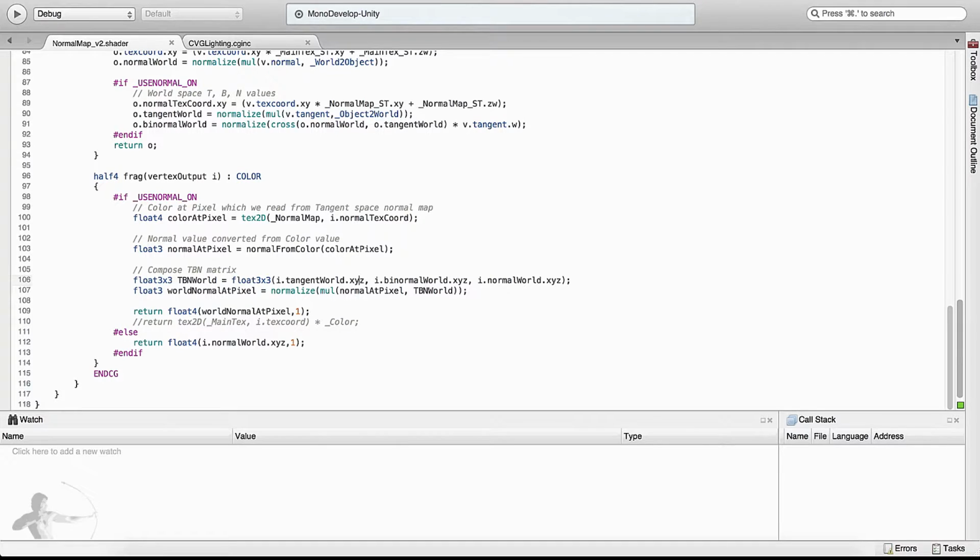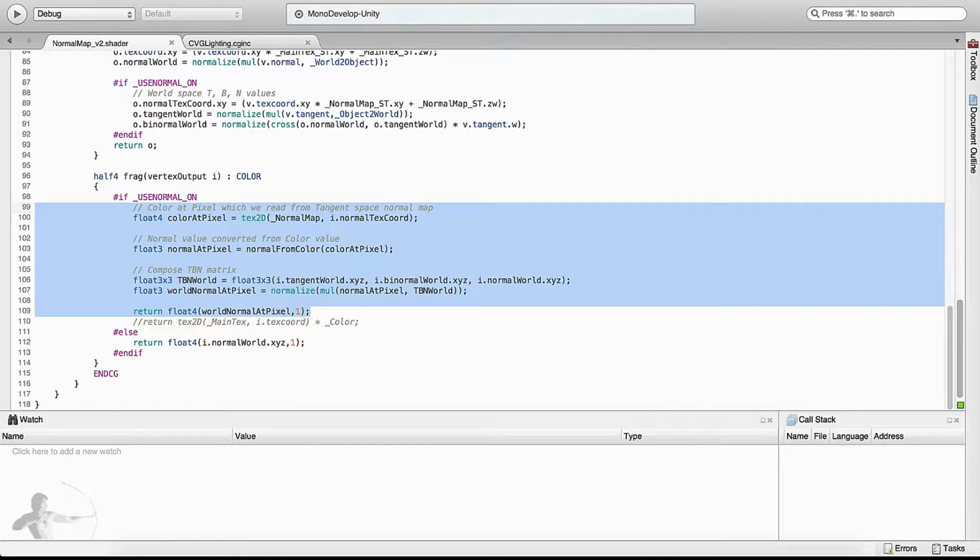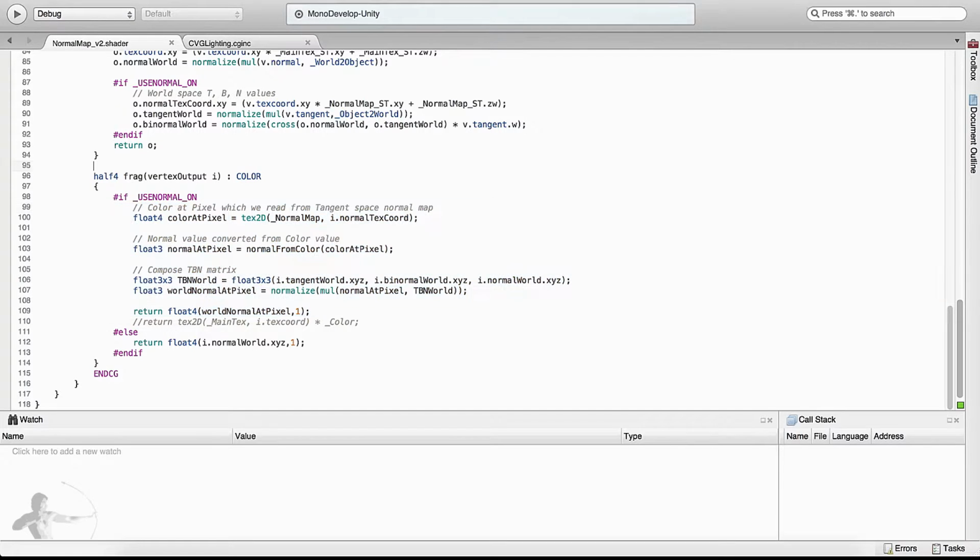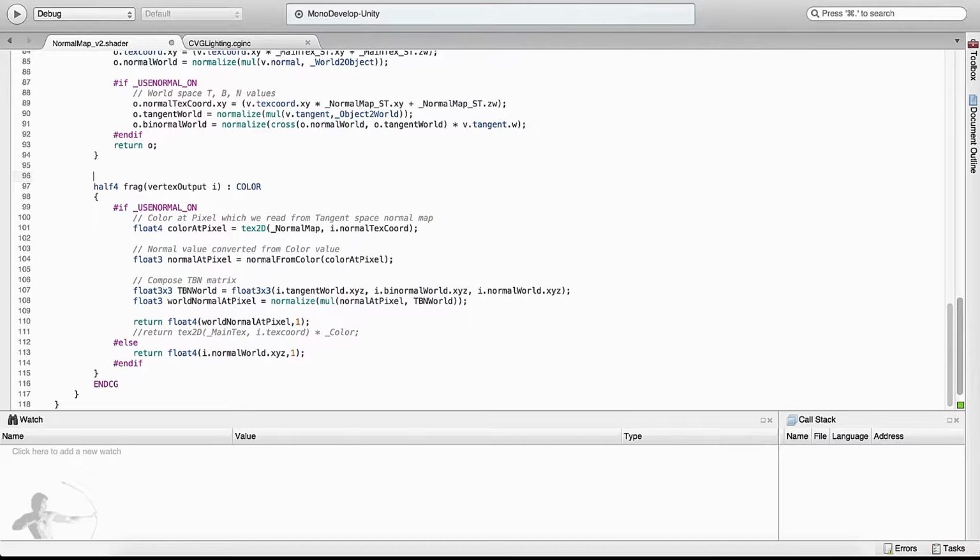So one thing that we want to do is isolate the function that calculates world normal based on the normal map. Before we put that function in the CGINC file, we have to create that function in our shader first. So this is the calculation that is used to calculate world normals based on the normal map. So we will create a function, and what it will return